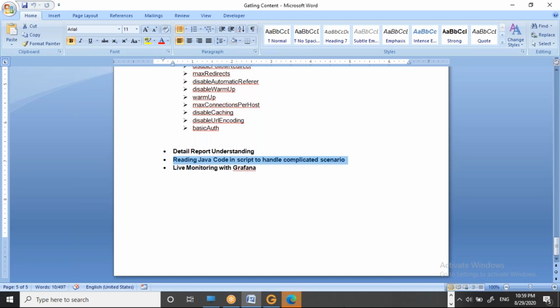What is the tentative duration? We can cover all the points in seven to eight hours, that is enough. Ours is not a big issue.